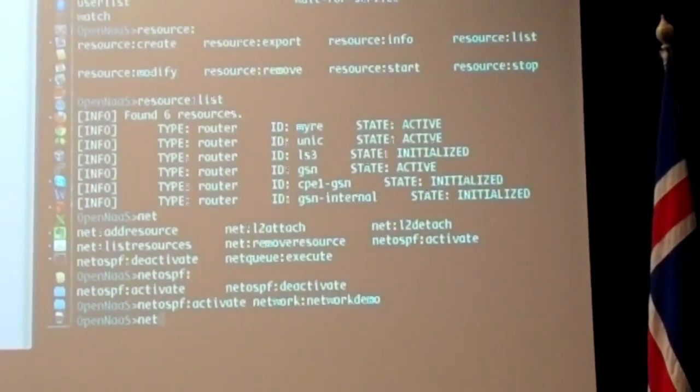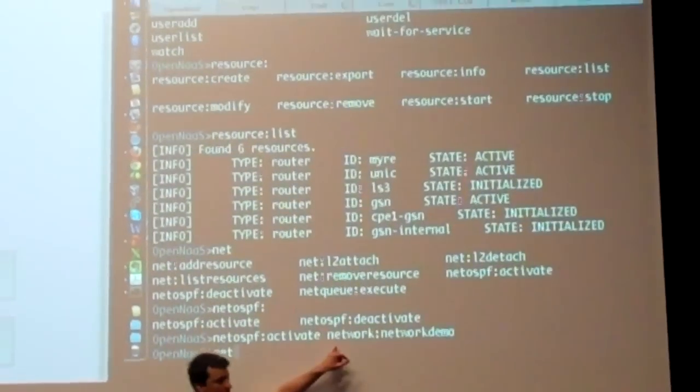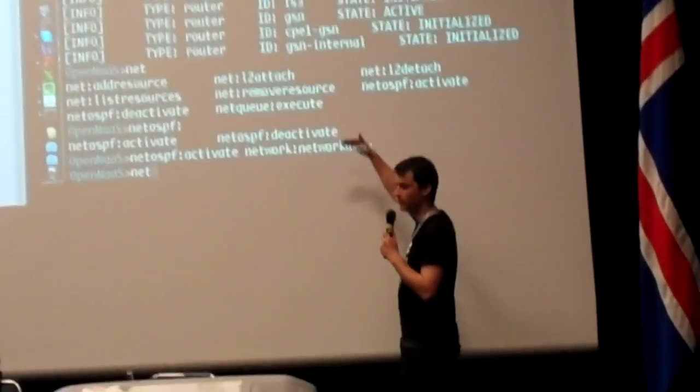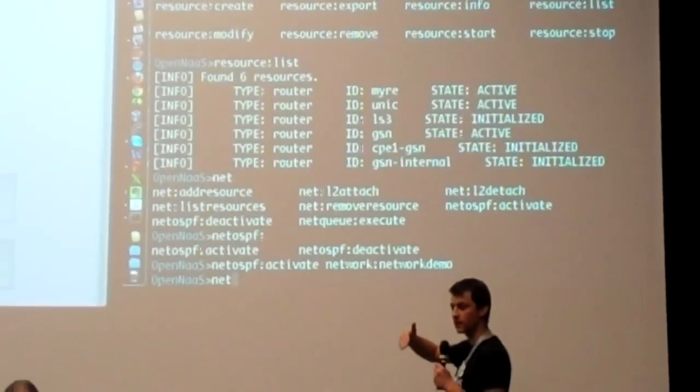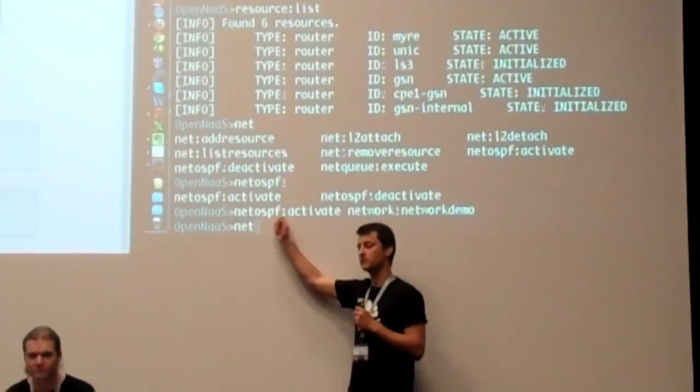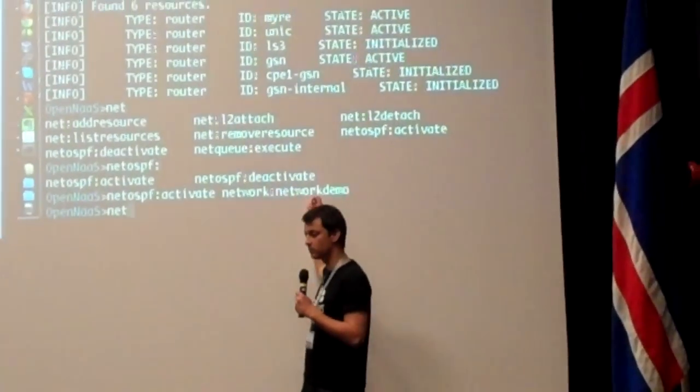I take the inside. This is the resource ID. So when we talk about resources, if you make resources list, you will see now we have 6 routers as we had before and a network. This is the ID of the network,